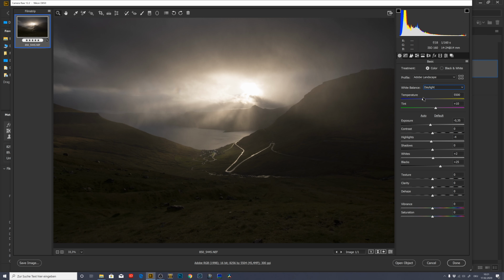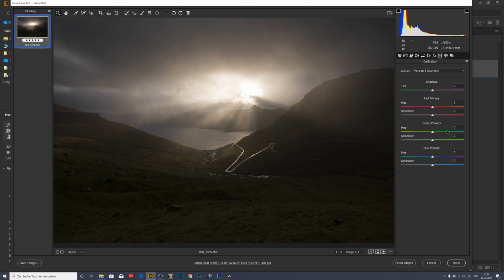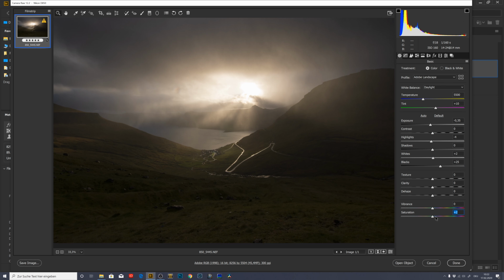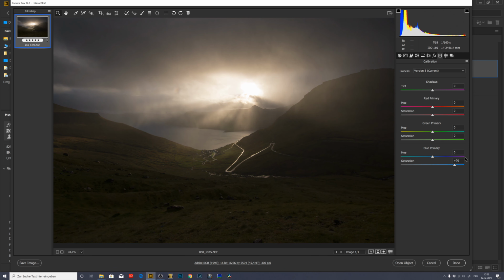But instead of playing too much with the white balance right now, I'll jump to the camera calibration tab, which is something extremely useful for many images, and I think many of you aren't using it, so pay attention now. When I address the blue primary channel, you see what happens? The image gets warmed up and overall it boosts the saturation of the image, but without any weird image effects that you can get when you use the saturation slider, because saturation makes everything look horrible, but the camera calibration works differently and you get a way better